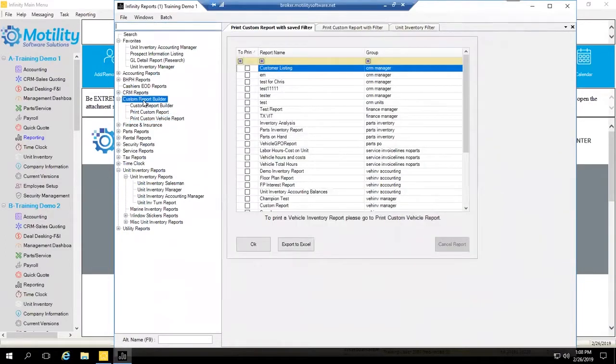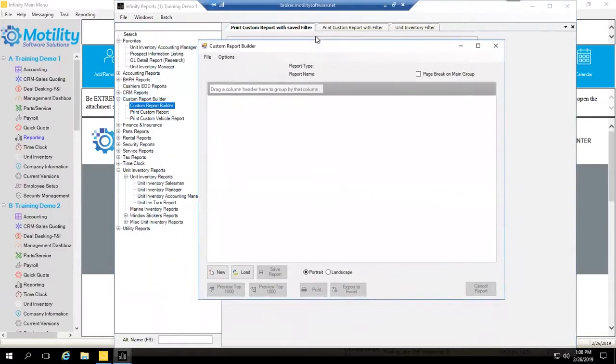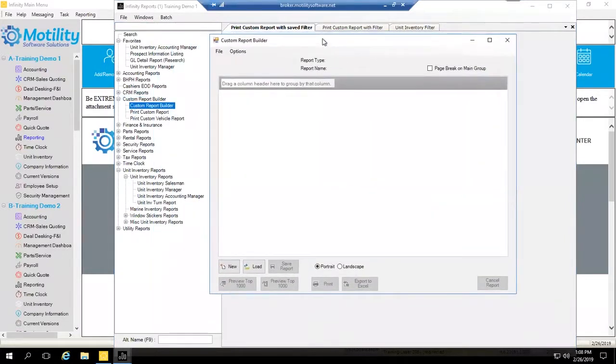All right. So let's go ahead and we'll jump right into it, and we'll take a look at the custom report builder. So the custom report builder itself, when you open the menu option for custom report builder, there's actually going to be one more option beneath it called custom report builder. And when you click on this, it will pull up this custom report builder window for you. Now at this point, you have two options. You can either create a brand new report from scratch. And if I do this,